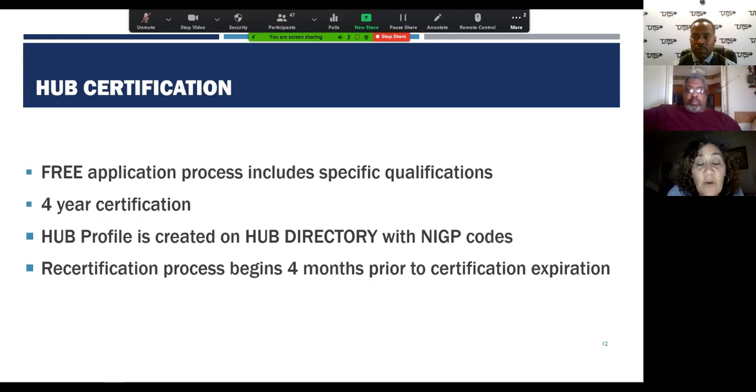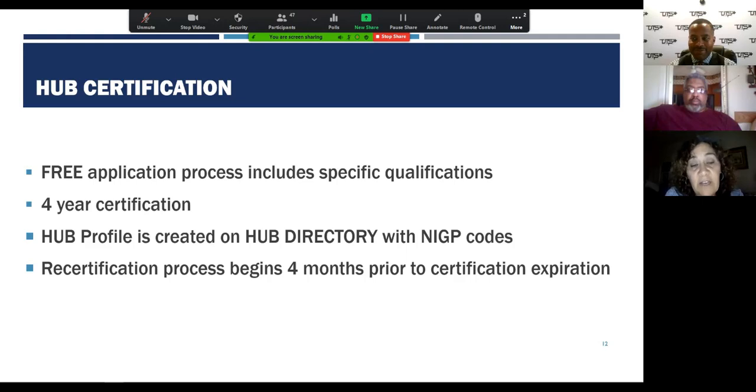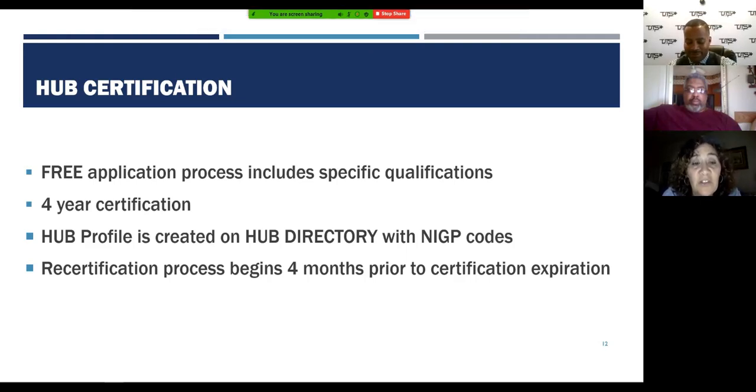So in order for a small business to become HUB certified, on the HUB webpage there are HUB reports and forms. I'm sorry, we'll try and go online and see if we can do that in just a little bit. So the application is online. You must print it. You can fill it out online, but you have to print it, save it in your files, and then submit that